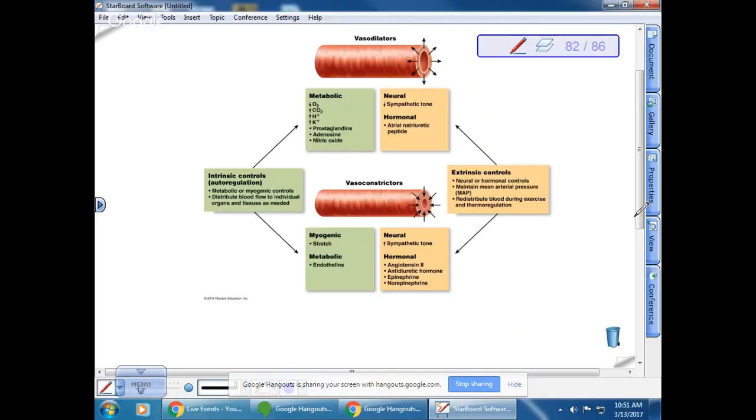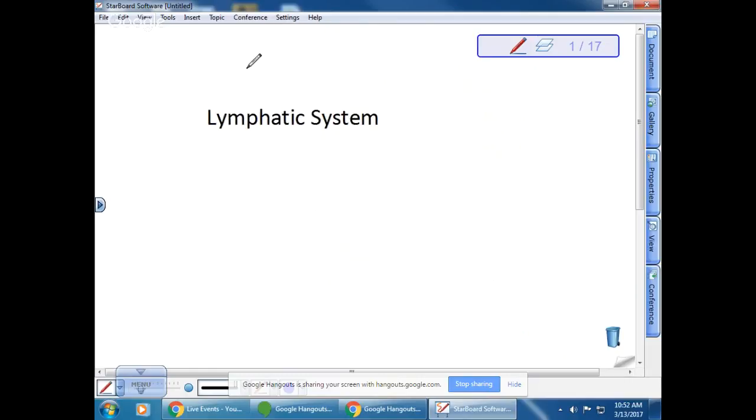Okay, so remember that one of the main functions of the lymphatic system is to pick up fluid that is lost from the circulatory system. So lymphatic vessels tend to be found around capillaries because they pick up excess fluid lost from capillaries. So I'm going to write down some other things that the lymphatic system does as well.